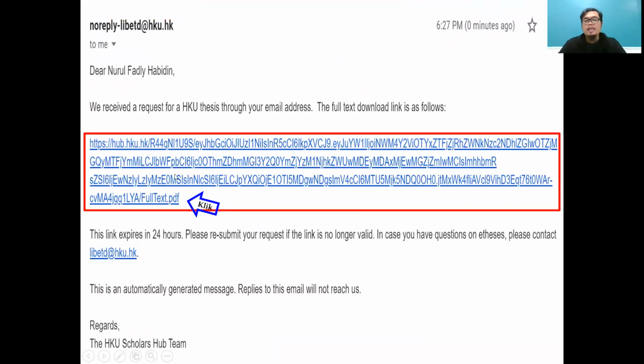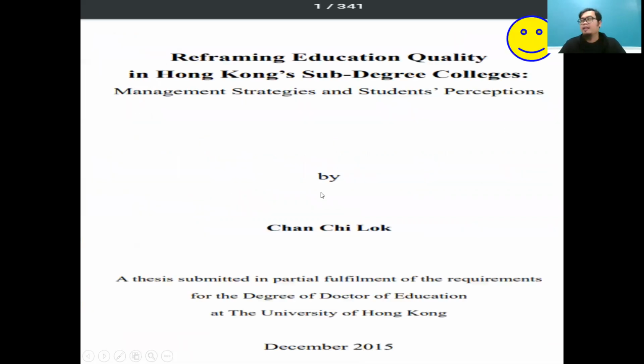Go through your email. They have given you links to get the full text. You can access the full thesis. Just click the link from your emails, and then you get the full text. Reframing Education Quality in Hong Kong, Sub-Degree College Management Strategies and Student Perceptions. So I get the full thesis from the HKU Scholar in 2015, regarding my topic on quality